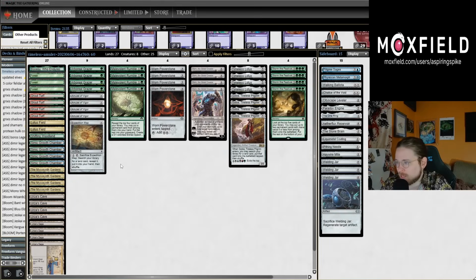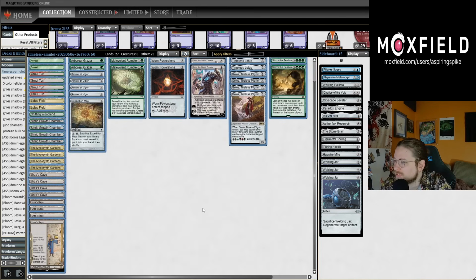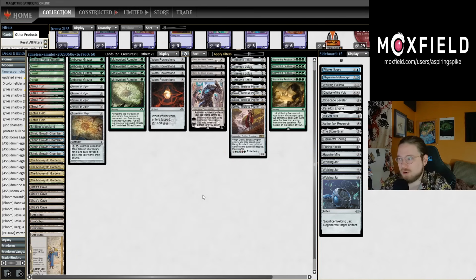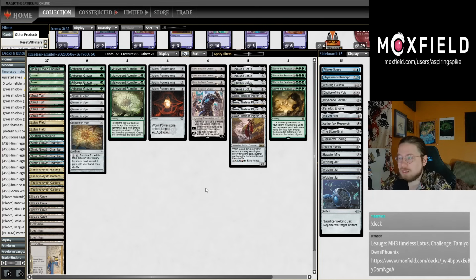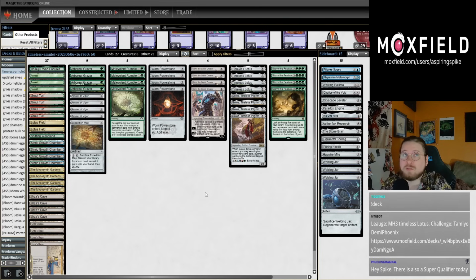MH3 Timeless Lotus has finally dropped. A lot of deck building lessons kind of had to be learned to get here. One big thing was I wasted a lot of time on and off stream, or a little time on stream and a lot of time off stream, focusing on more artifact focused builds that were really in on Glaring Fleshraker